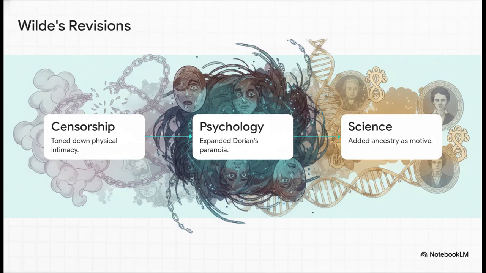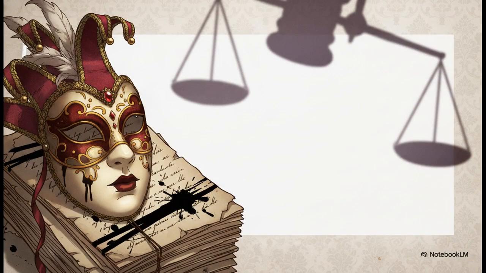So to summarize these really advanced analytical points for your exams, the text operates as a coded exploration of the Victorian homosexual subculture. The extensive revisions Wilde was forced to make, those are your hard evidence of the intense pressure and danger of 19th century censorship. And perhaps most poignantly, the entire concept of the double life ominously prefigures Wilde's own tragic trials and downfall just a few years later. Art didn't just imitate life, it predicted it.